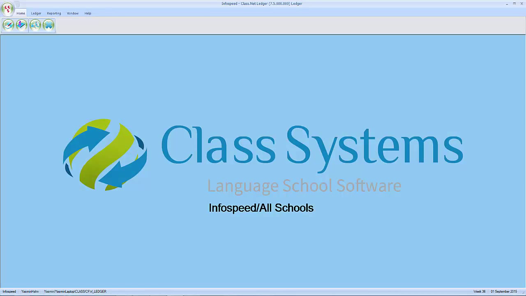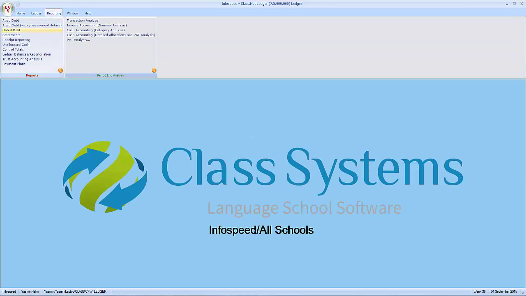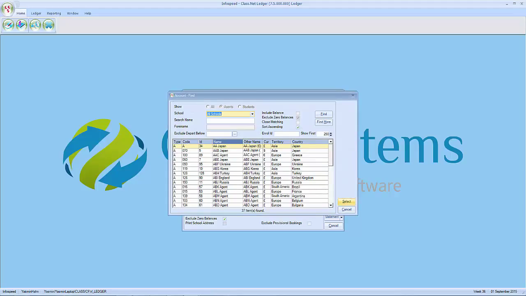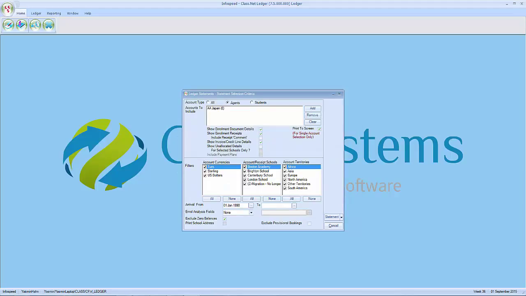Debt chasing is an important part of any sales system, and statements and a debtors list can be produced to assist in this task. First of all, statements. So under Reporting and Statements, statements can be produced from the agent's account or in batch for all or selected accounts. So for this example, we'll produce a relatively detailed statement for the agent AA Japan, including all currencies, schools,